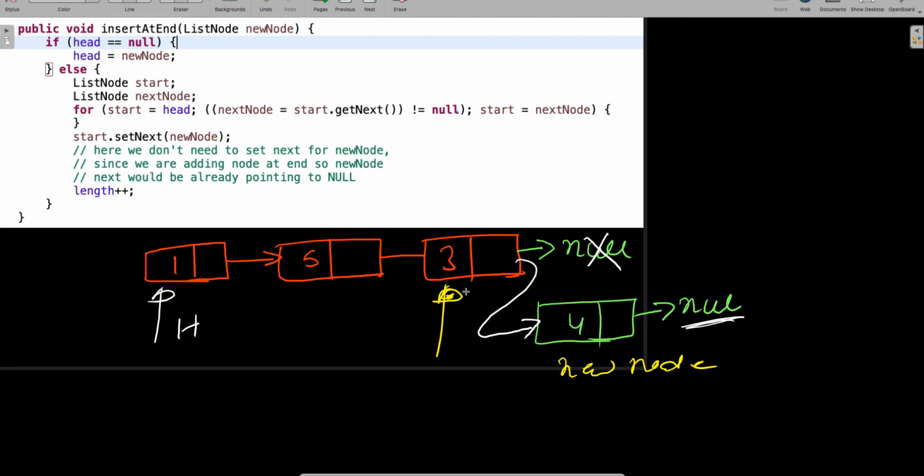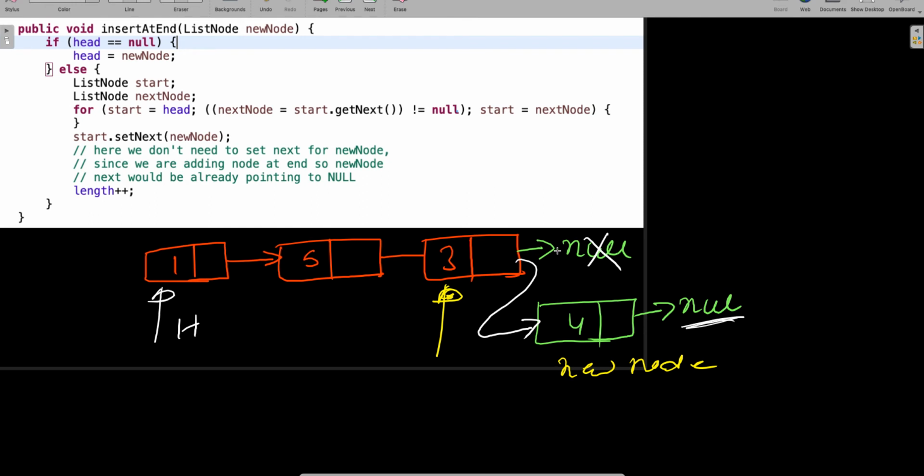Okay, to do that, there are a couple of ways we can do it, but we can run one for loop. We can start from the head, and we can always do head dot get next. If head dot get next is not equal to null, then reset the start node to the next node, right?